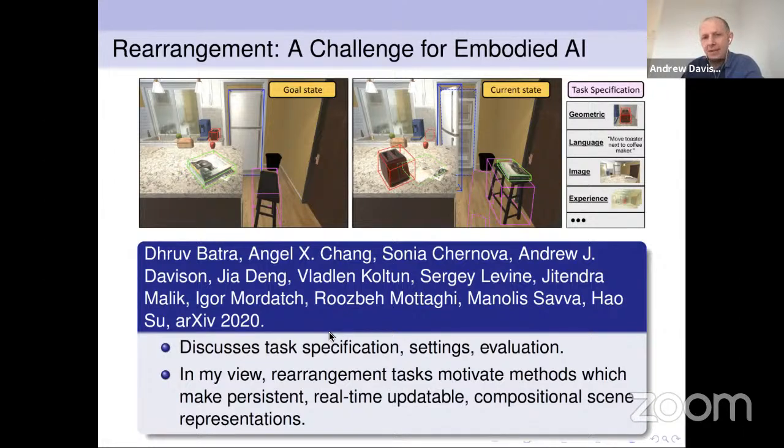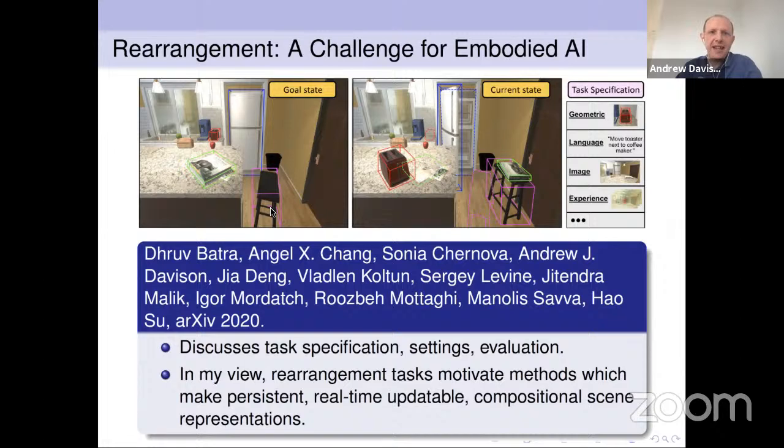Or many other types of tasks, whether they're industrial type tasks or whether they are in maybe a more home type setting. So what we really did in this paper was to think about those sorts of tasks in a general way and ask some interesting questions, like if we wanted to actually evaluate how good different agents are at carrying out tasks like this, we might want to think about certain things, such as how do we actually specify what the task is. So if you've got an agent that you want to tidy a room up, how do you tell it what the tidy state is?